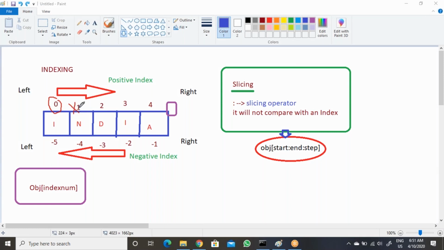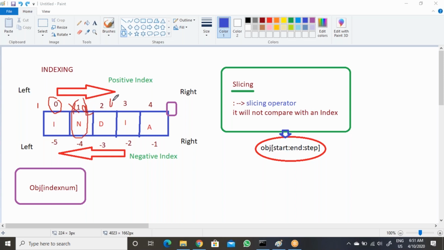So 1 is skipped. Then from 1 again, then 2 will be there. Skipping means the second number is skipped. That means 1 is skipped.